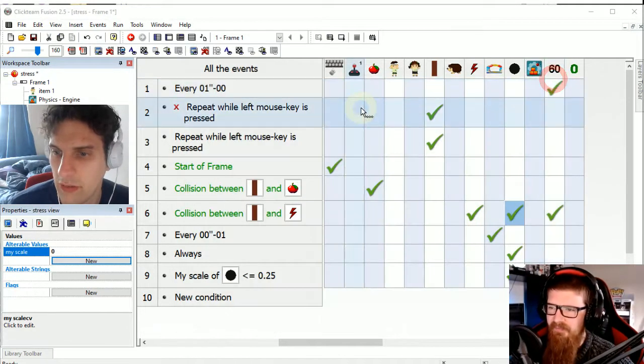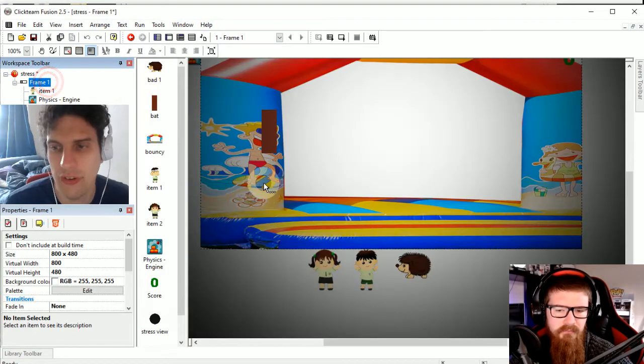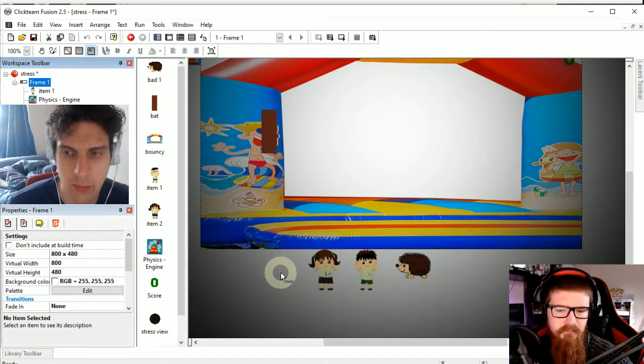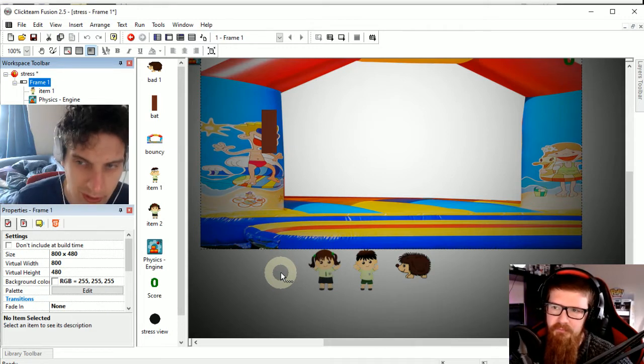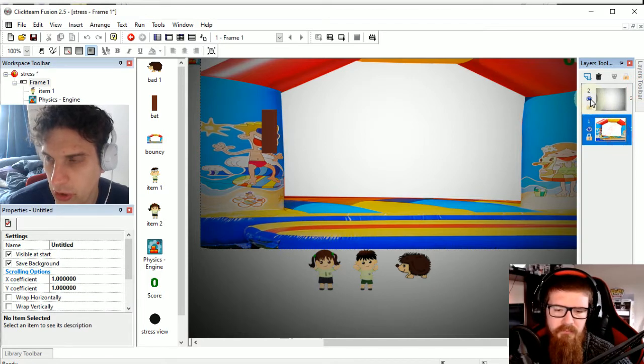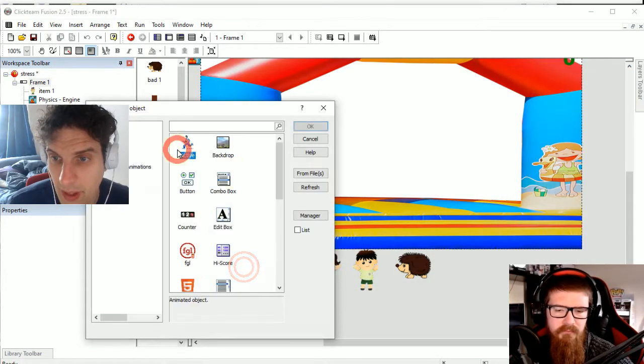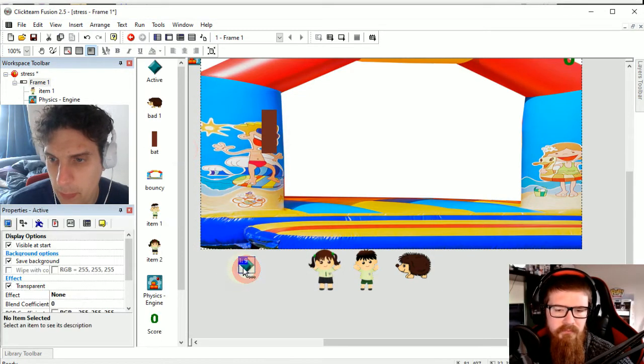Right. Okay. So now we just need to create a random spawning for the characters. There's lots of different ways you can do this. One way is mathematically, that we could just spawn something and set it to a random value of X coordinates. So we randomly choose across the screen. The other way is we create an active object. So if I just go back to frame 1, and I'm going to turn off frame 2, just so I can see what's happening. What we sometimes do is we pop an active object in.